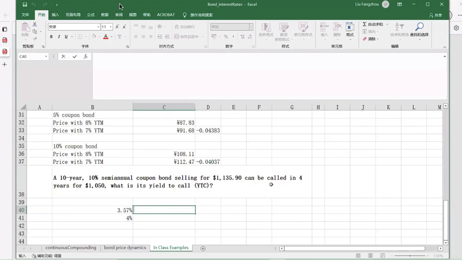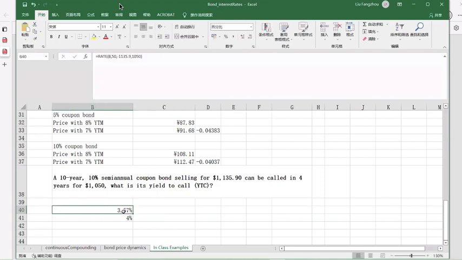So what does that mean? The number of payments is 8, right? The maturity is 4 years. Number of payments is 8. So here, your number of payments is 8. Each period you get 50, right? You get 50, and you have